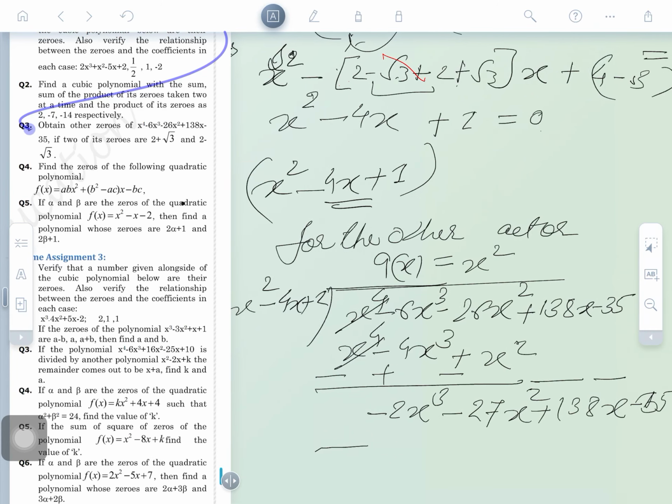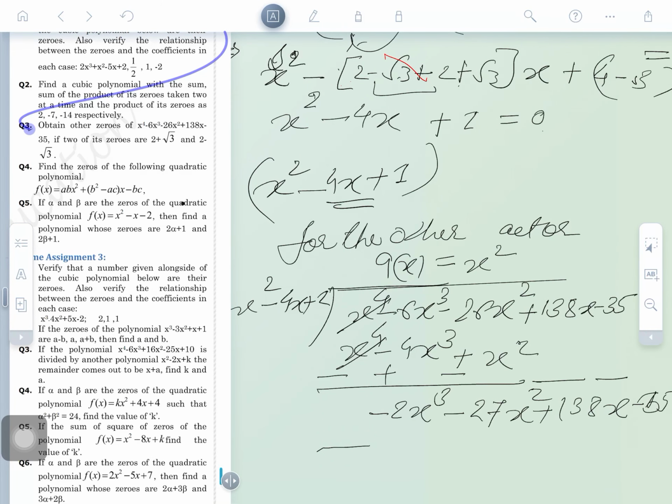What are the changes here? This minus, so x square minus 4, here what will come? Minus 4 of x square. So minus will become plus here. The same is coming here: x to the power 4, and 4x to the power cube, and plus minus is there also. Here will come plus x square. So this is coming here right now. Now further the procedure is to be made.